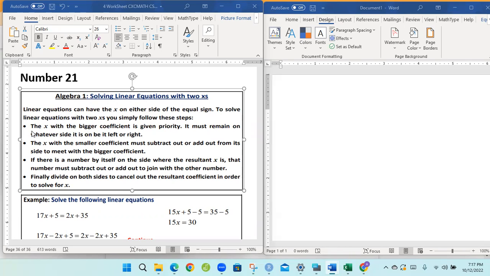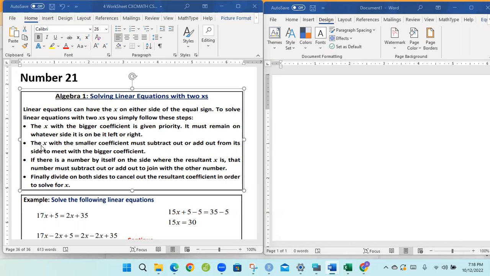The x with the bigger coefficient is given priority. It must remain on whatever side it is on, be it left or be it right. This is a very important point. The x with the smaller coefficient must subtract out or add out from its side to meet with the bigger